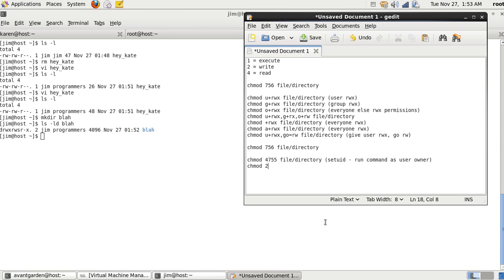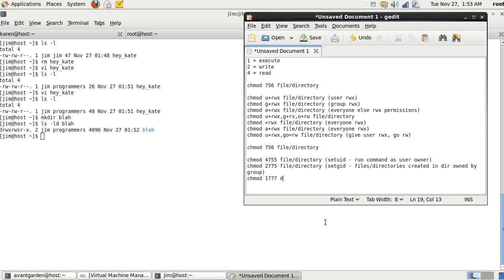Sorry, I got setGID on my mind. 2775 file directory setGID: files and directories created in the directory are owned by the group, and then chmod